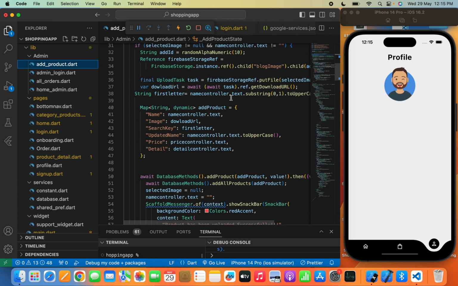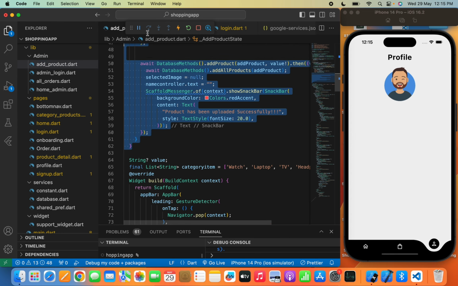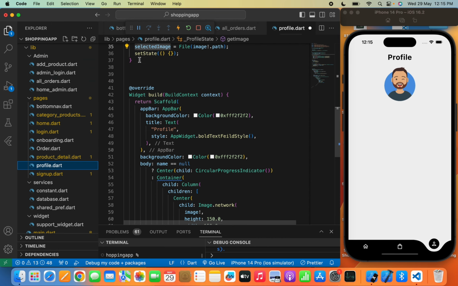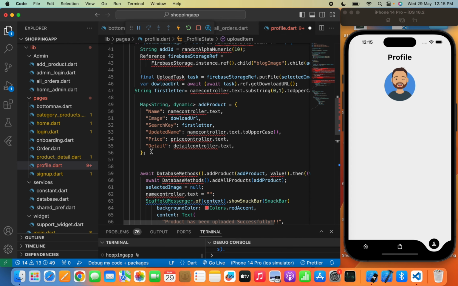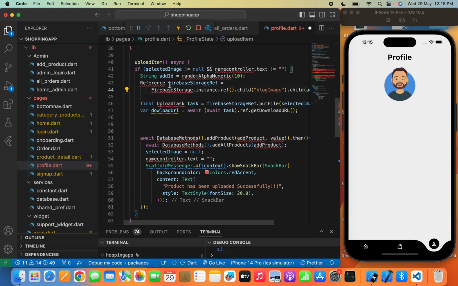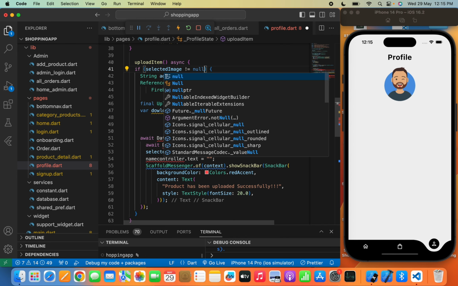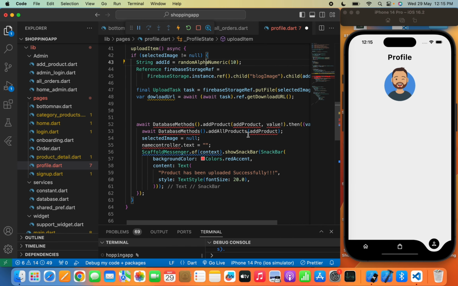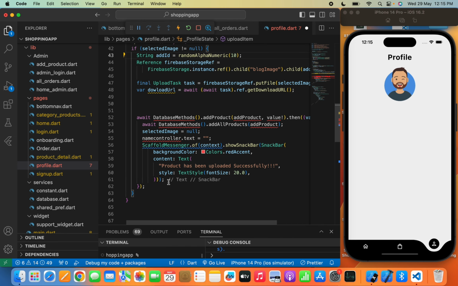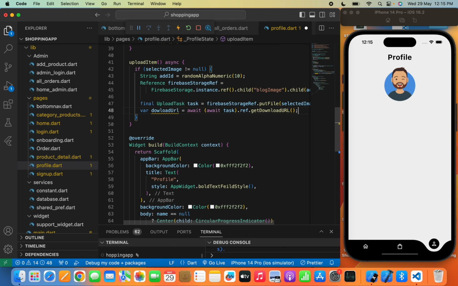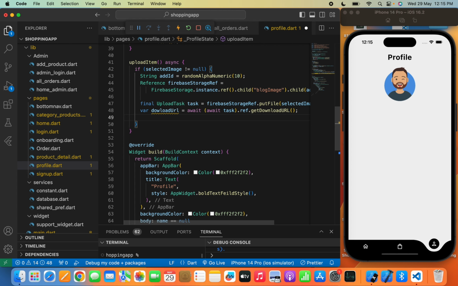So we'll simply move and we'll copy and we'll paste it over here, not here, in the profile page, and we'll paste it over here. Now we don't need a map string, so I will simply remove all these things. Now we need Firebase storage, so we'll call FirebaseStorage. There is no need for the name controller, random alphanumeric, we need that. So let's move the database also like this. I think we need to remove all these things. Yeah, now here it is done,